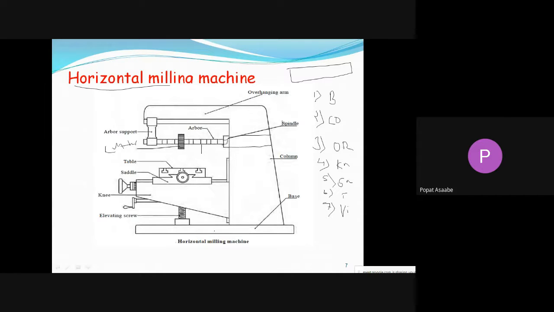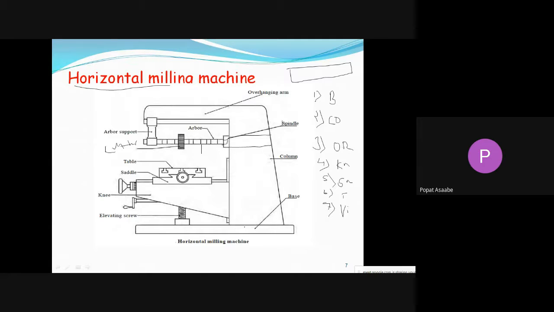We know that whatever parts of the milling machine are there, all parts are bolted or supported with the help of the base or the bed. That base or bed is made of cast iron because it has high compressive strength. The bed also sustains whatever forces and vibrations are generated during the milling process; all vibrations and forces are absorbed by this bed. Remember, it has good compressive strength because it is made of cast iron.